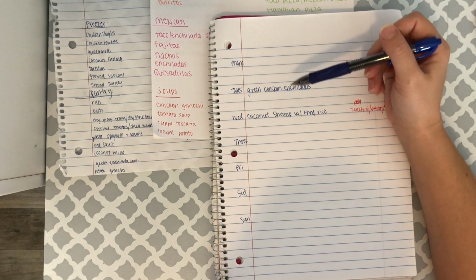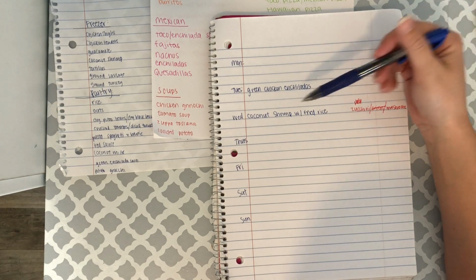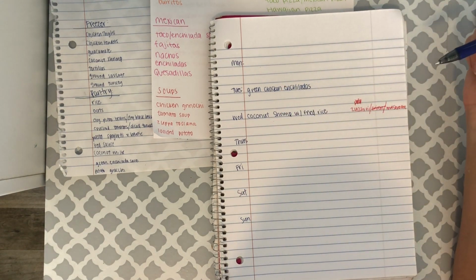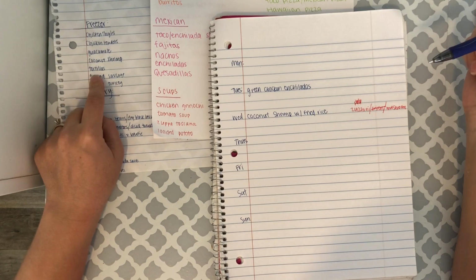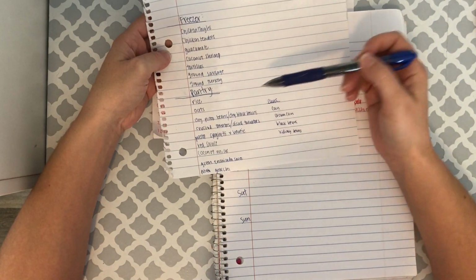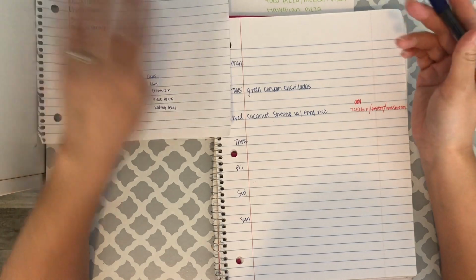Then, okay, so I did Taco Tuesday. I did a Chinese or Asian theme Wednesday. So how about a soup? So let's see here. I have ground sausage, and I have this potato gnocchi. So I think I'm gonna do